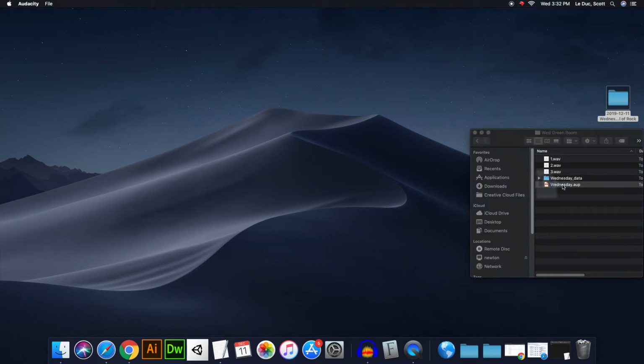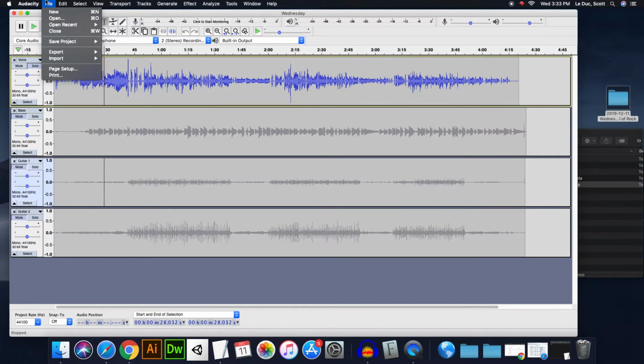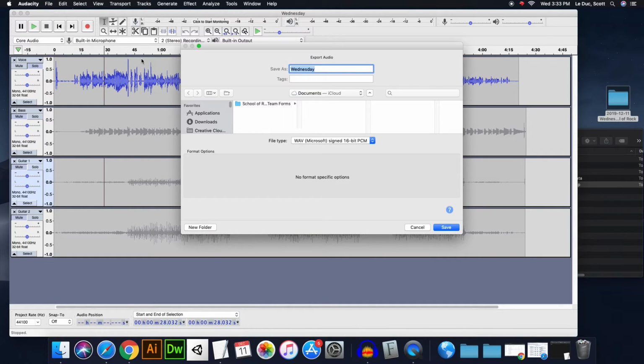Now, one more thing about this file is these are all separate, and I can do that, but if I wanted to export out single files, what I would need to do is, there's a couple different ways. If I mute, well, actually just solo this right here and export out a WAV file, I'm going to get this, and I'm going to put this back into, let's see, go here, and I'm going to go back to